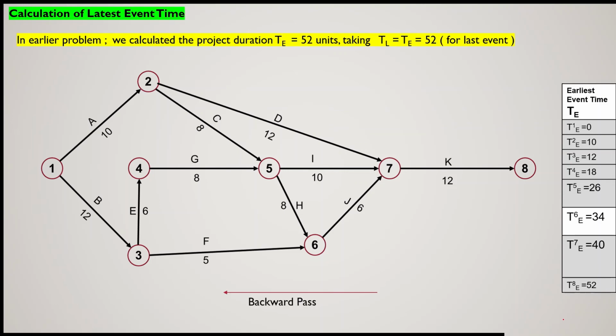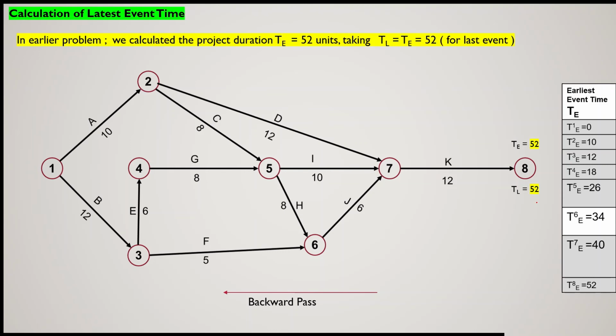Now we will be taking the backward pass. In the earliest event time, we started from event one, the starting event. Here we will start from event number 8 and go in the backward direction. Now, what is the earliest event time of event 8? Event number 8 is 52. So that will be the latest event time of